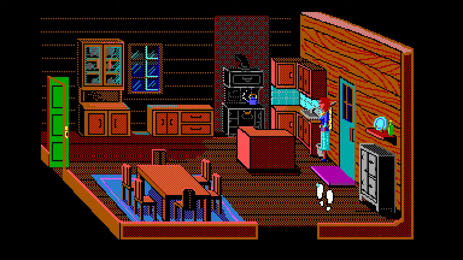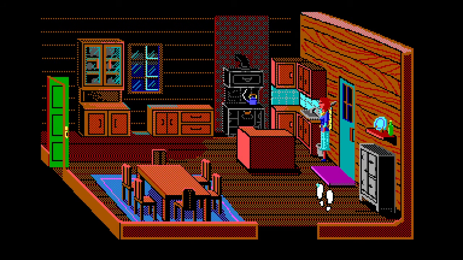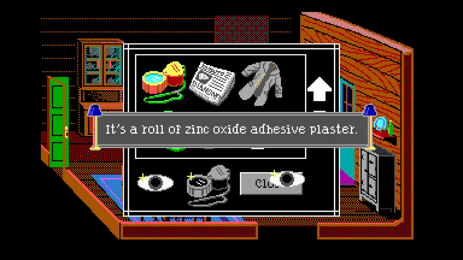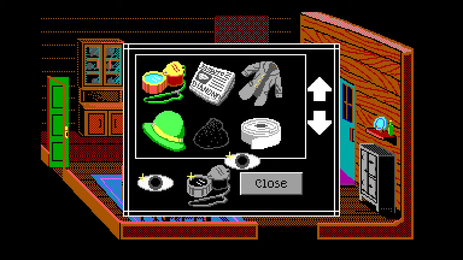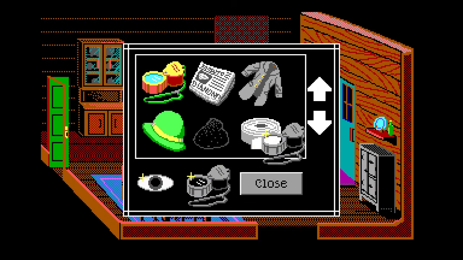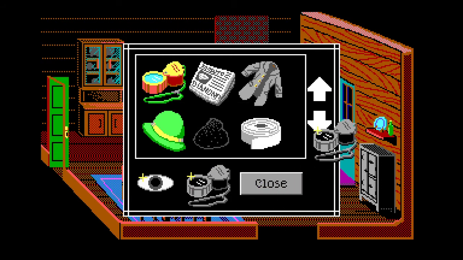Okay. Well, I have tape. Use tape on fly paper. Use isn't used in this game. Roll of zinc oxide adhesive plaster. Okay. Can I use this? This item doesn't benefit from closer examination.